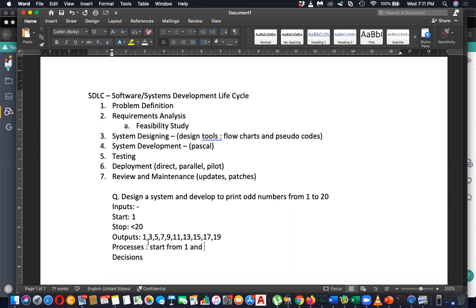After 1, what is the next? It is 3, no? So how to go to 3? Yeah, 1 plus 2, no? You can say start from 1 and add 2. Start from 1 and add 2. Then